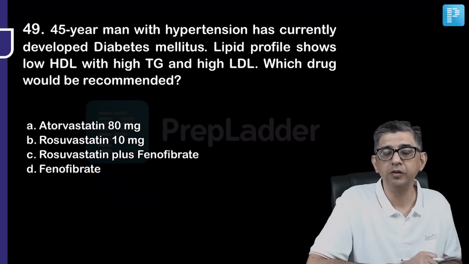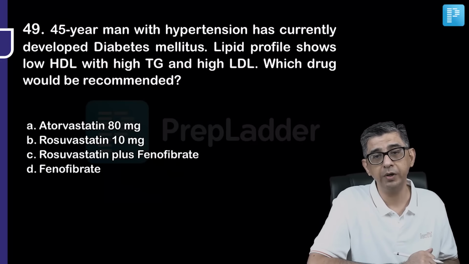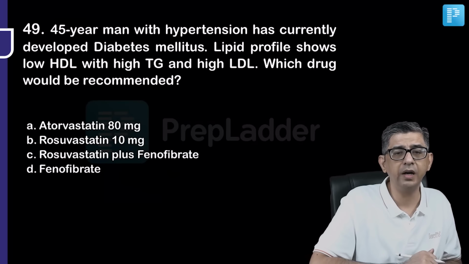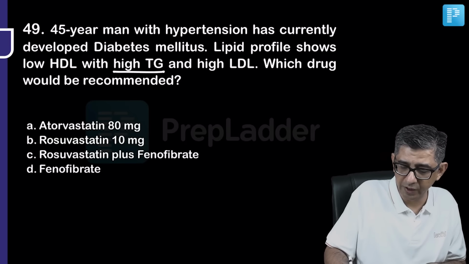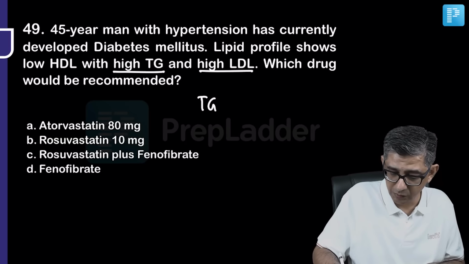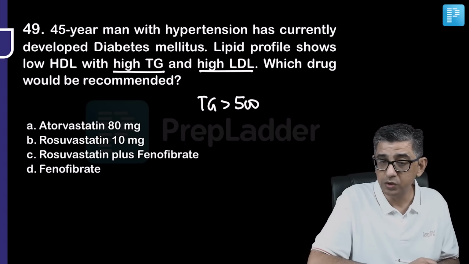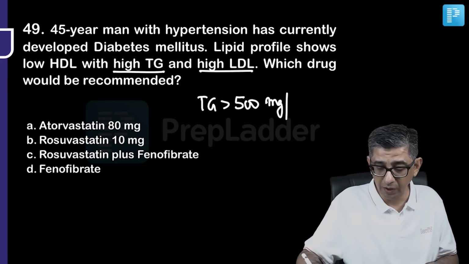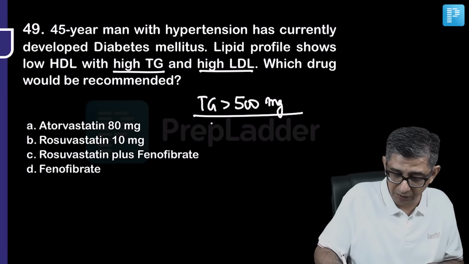Coming to 49, there's a 45-year-old man with hypertension who has currently developed diabetes. His lipid profile shows low HDL, high triglycerides, and high LDL. All diabetics would have a derangement of both triglycerides as well as LDL. Suppose in this question the triglyceride value was given to be more than 500. In those circumstances, if triglyceride values were alone elevated, then my primary weapon for isolated hypertriglyceridemia would be